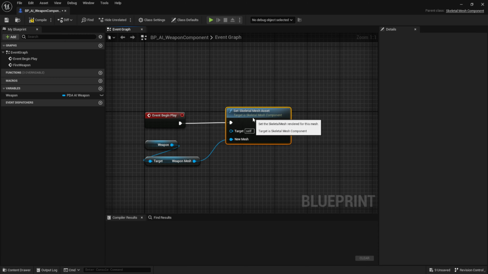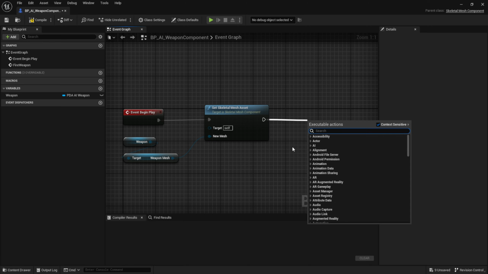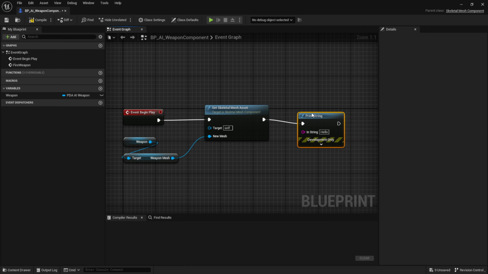Let me clarify the animation instance. We need to have a reference for that on all instances of our AI. So not only on the server, but also on the clients, because montages and sounds and FX, things like that, don't replicate by default. So we need to make sure we actually make them replicate by simply playing them on every instance of the character. And our event begin play, as you can tell by simply adding a print, will fire on all